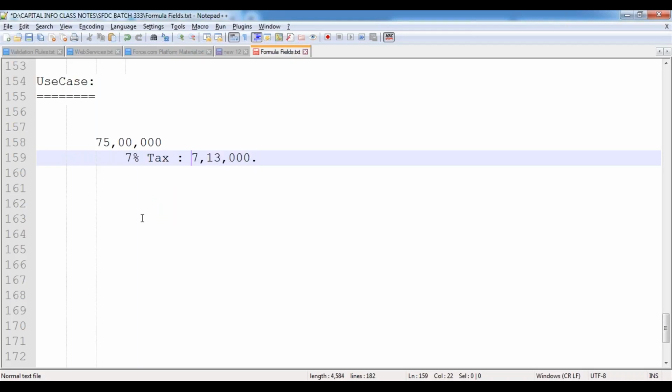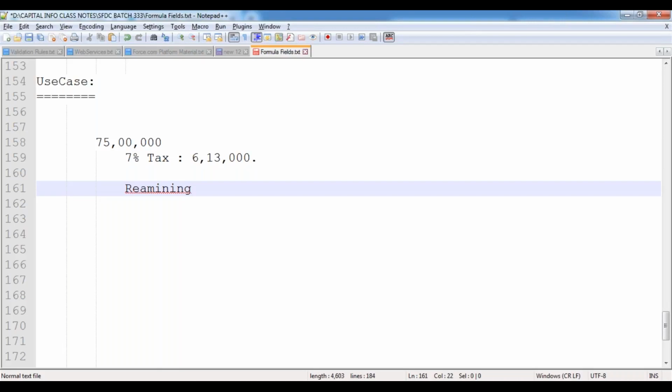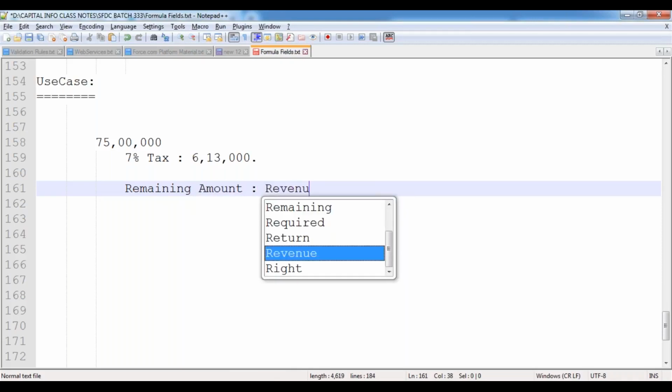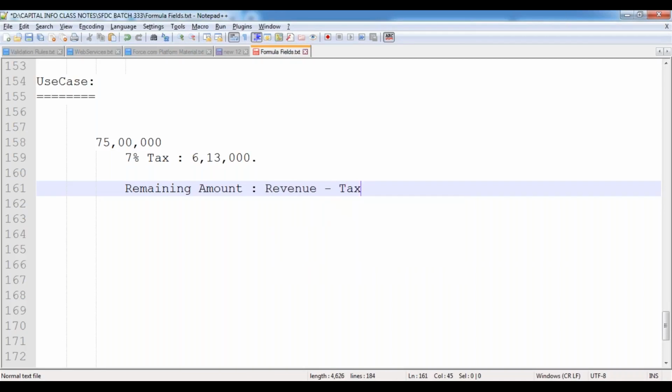That is my tax. So what is the remaining amount that I have? The remaining amount is nothing but annual revenue minus tax amount. We deduct the tax amount from the annual revenue, so the actual remaining amount value will be available to you over here.